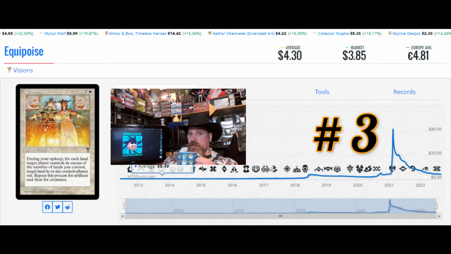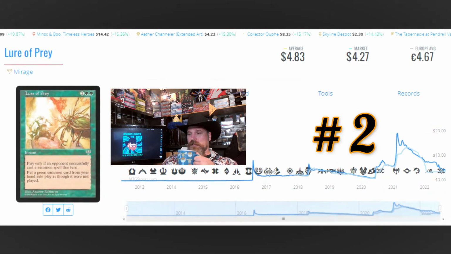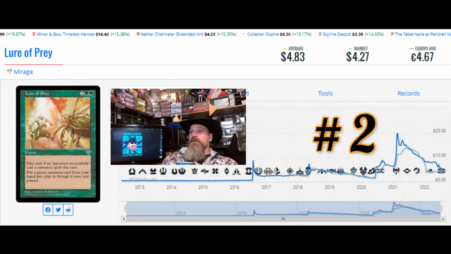Which brings us to the next card on our list, the number 2 card. Man, this card I'm excited about. I am excited about this card. Coming in at number 2, an instant speed card, the Lure of Prey from Mirage, a green card from Mirage that costs $4.83 to get a copy of the Lure of Prey into your collection,